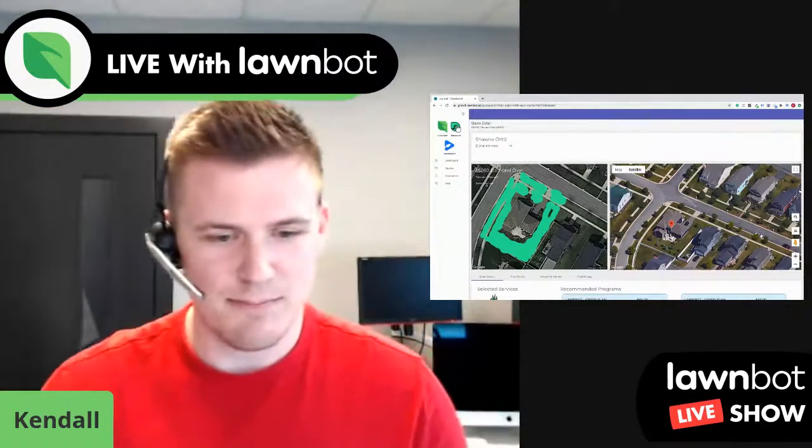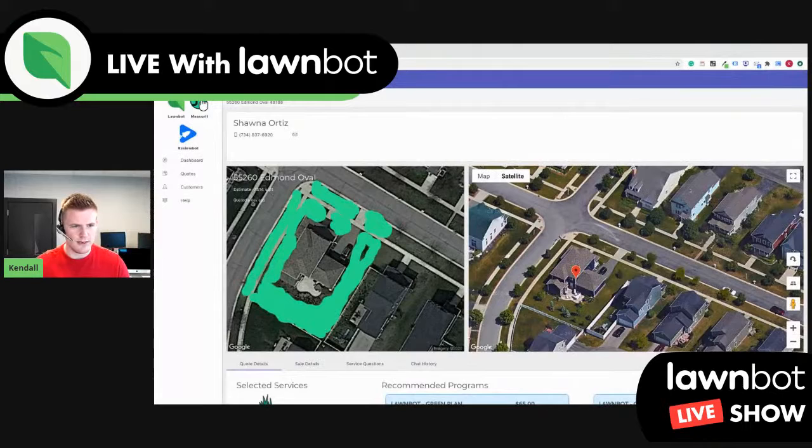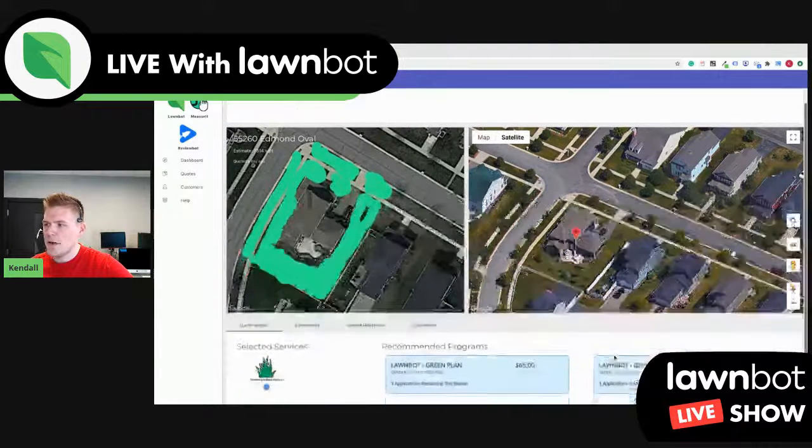Let me see if I can make this bigger here without going too crazy. Okay, cool. So you can see that we have a side-by-side of the Measure It image that the client colored in, but then also we have the Google bird's eye and street view. We're also